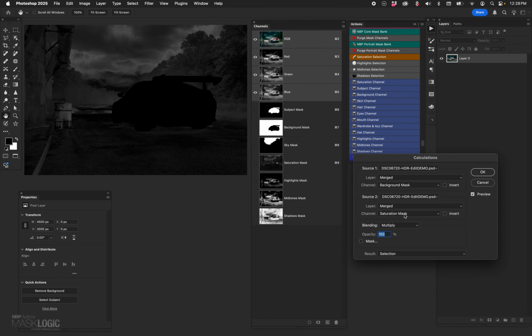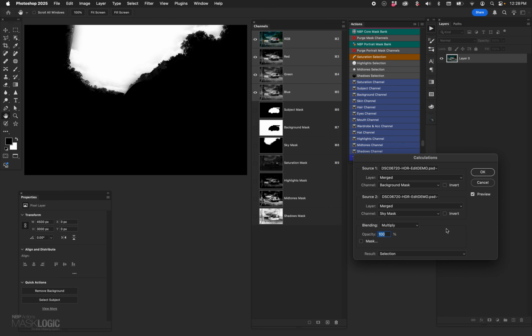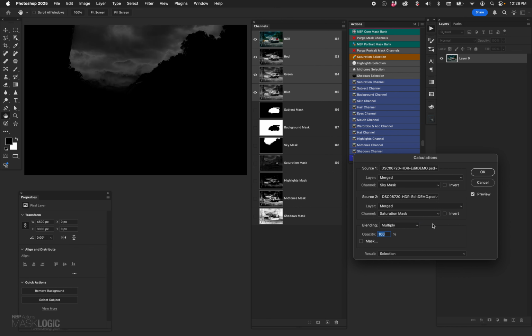Now, of course, if I were to choose sky, what I'm doing is creating an intersect of the background and the sky, and that just gives me the sky. So we have to be logical about this, but at least you can pre-envision what you're about to get. So if I went, okay, how about the sky and just the saturation? That's a whole new intersect that does not exist in your channel bank. We have a sky mask